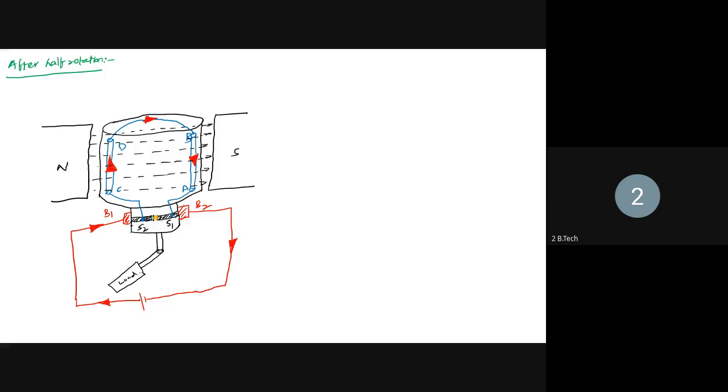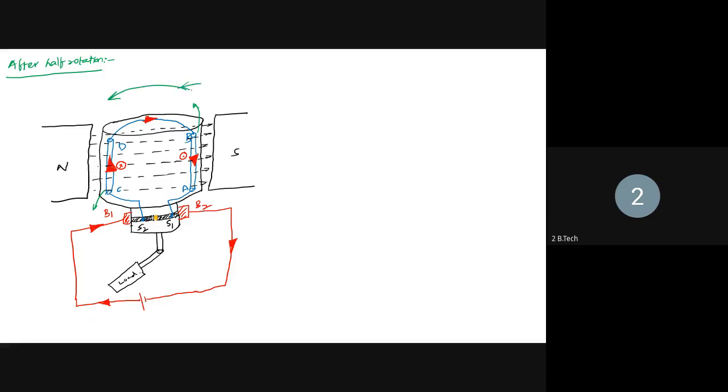So we are having the current carrying conductor and it is placed in the magnetic field. So now we have to calculate the force experienced, right? Now, place your forefinger in the direction of the flux, and the current going into the paper is cross and it will be dot. Therefore, this conductor will experience some force in the downward direction and this conductor will experience some force in this direction. Therefore, the resultant torque will be in the same direction.